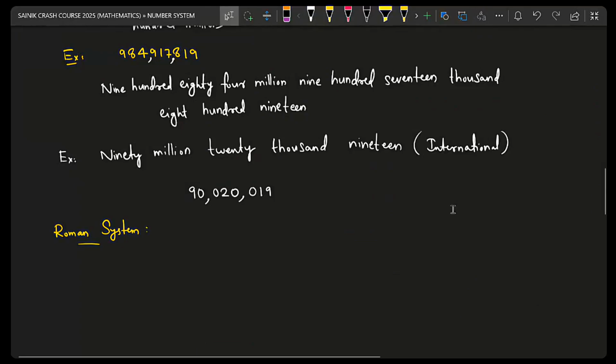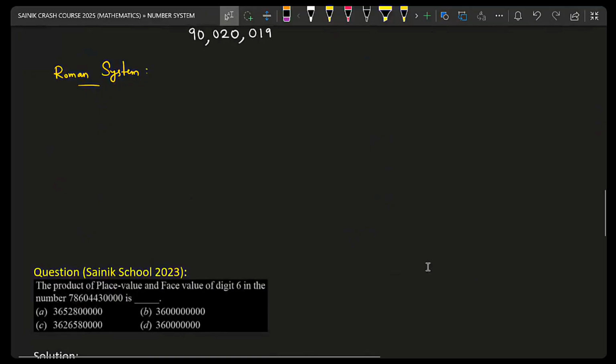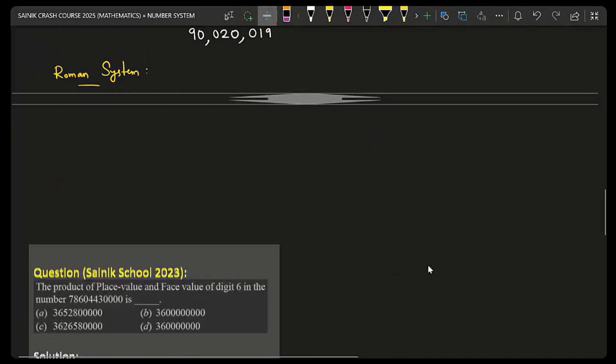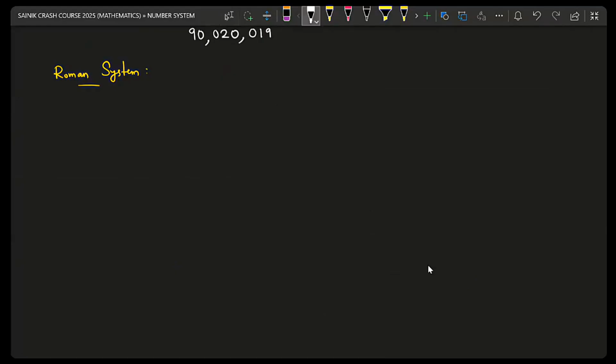You must remember because using the Roman system, definitely one or two questions will be given every time in the Sainik exam. So that's why you have to concentrate and listen. So the rules of writing a number in the Roman system. Okay. The first rule is